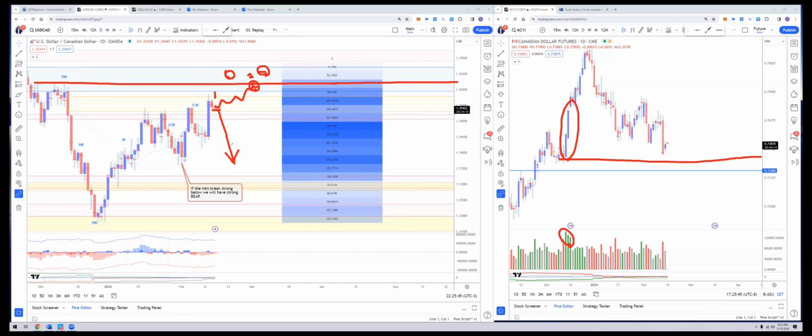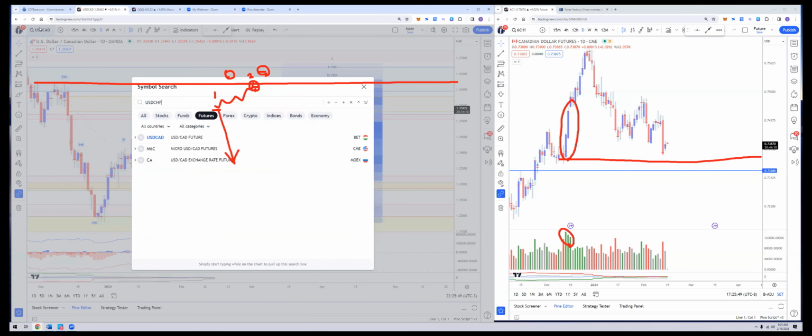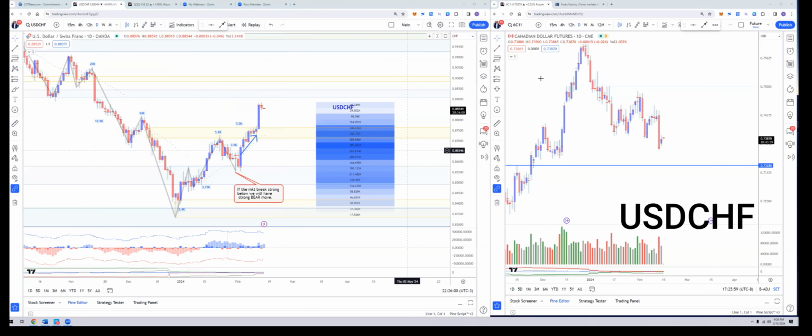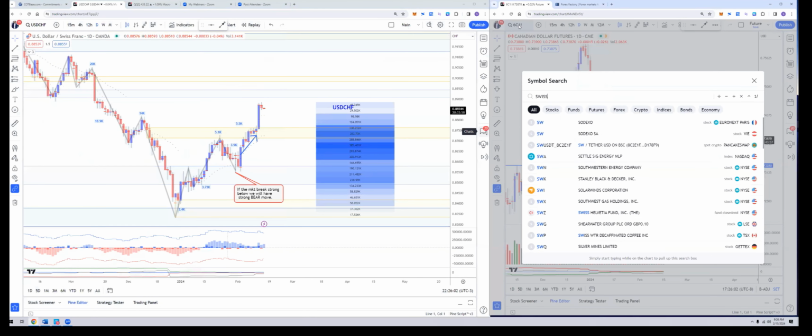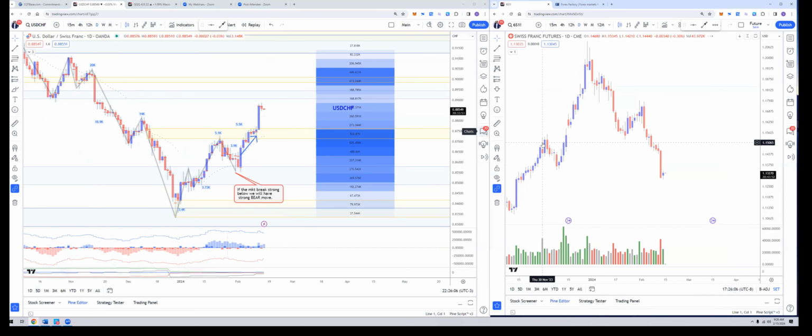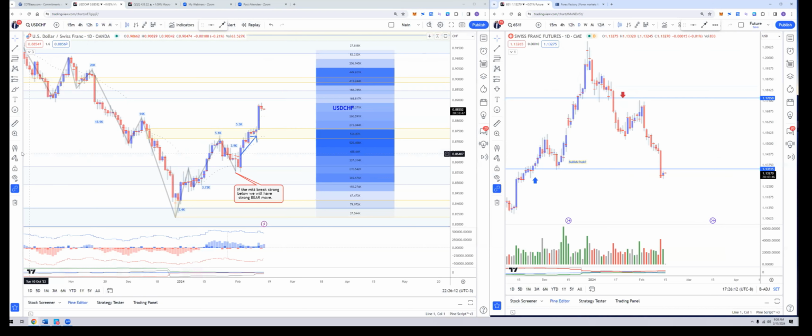Okay, let's move on now. US dollar CHF. What is happening to this one? Let's talk from the retail trader point of view. Retail traders were minus 82. Basically, as the market went up higher, they defended their position. Right now they are minus 82, so I would say it is kind of extreme already.